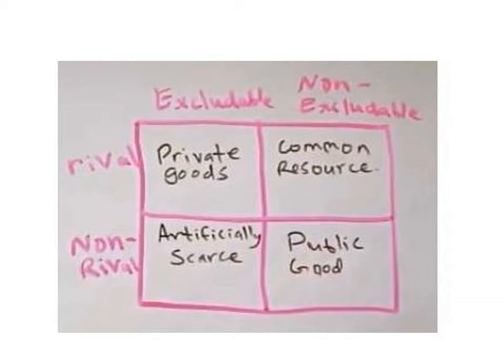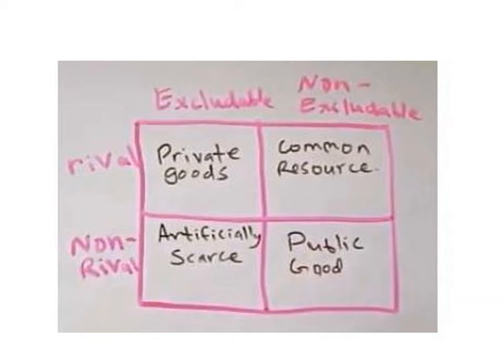So now let's talk about the idea of private goods, artificially scarce goods, common goods, and public goods. Most of the time when you talk about economics, you talk about the market for private goods, which are goods that are both rival and excludable. As you draw your typical supply and demand curves, again the example of pizza: if I pay for a pizza, you can't have it, so it's rivalrous, and you can't be simultaneously consuming it.